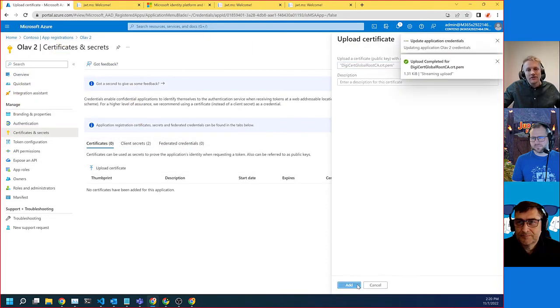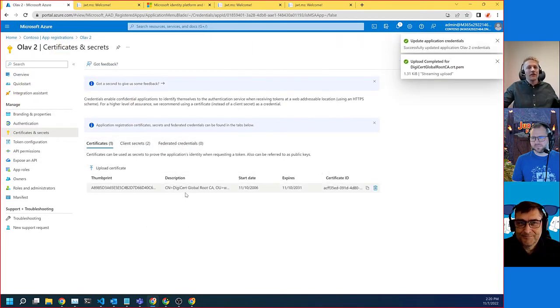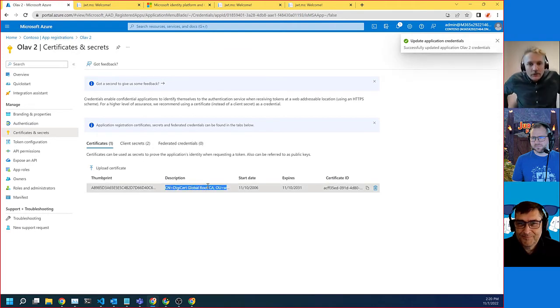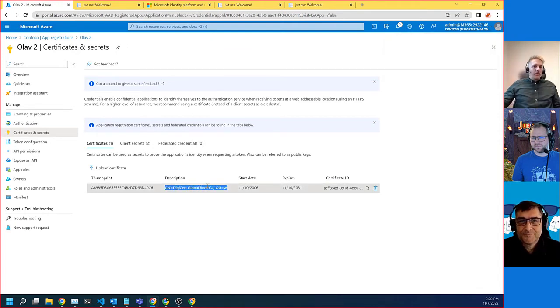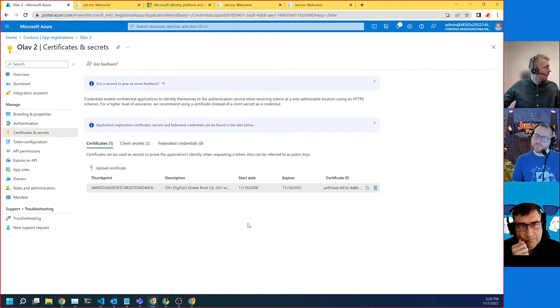I'm not going to upload this DigiCert one, or I can do it, but it doesn't really make sense because I don't have the private key for this one. But certificates are more sort of difficult to use, if you can call it that. But that's also what makes them a bit more secure. And of course,